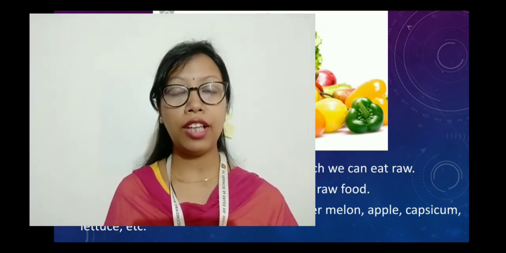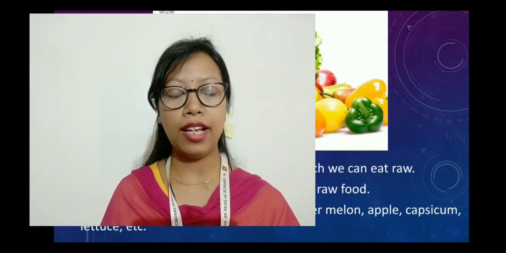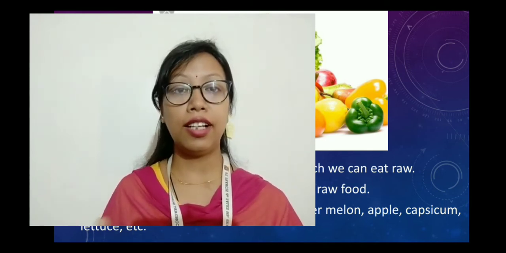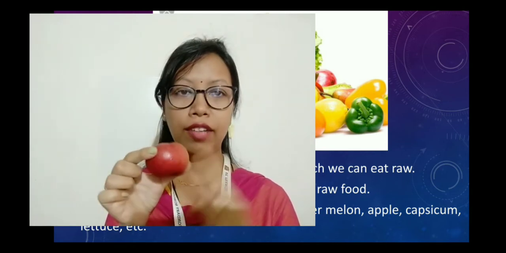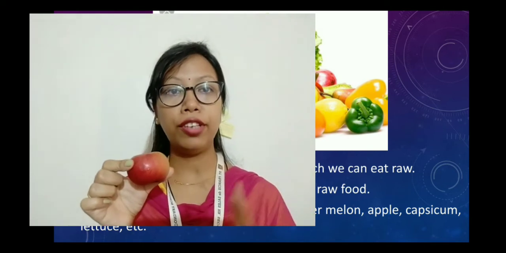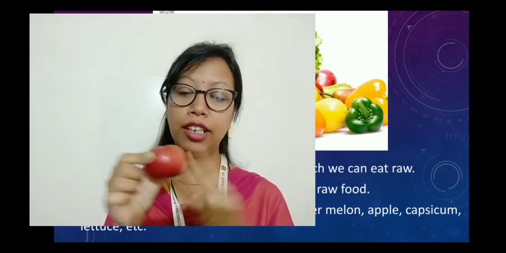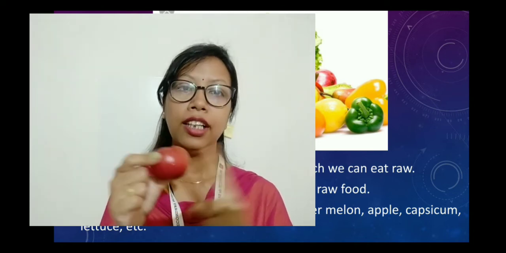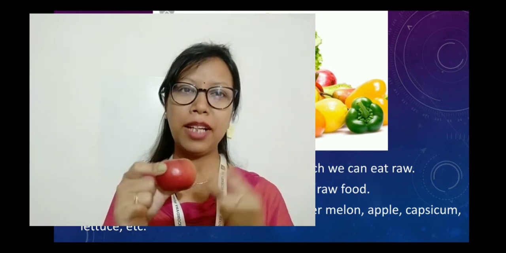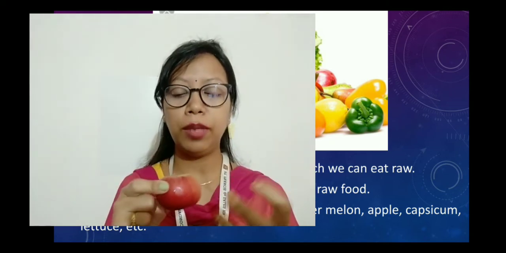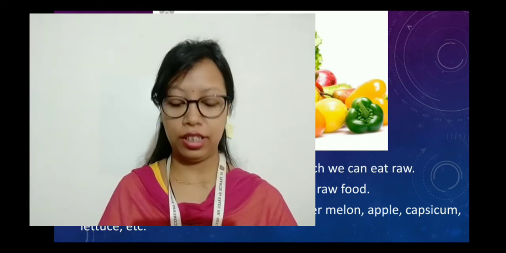Tomato is a fruit as well as a vegetable. So tomato can be eaten raw as well as cooked. But apple is not a vegetable. Okay, remember, tomato is a fruit as well as a vegetable, but apple is a fruit only. It can be eaten raw. Mostly it is eaten raw, but sometimes to make a sweet dessert, we use the apple in apple pie or apple tart. So this is it.